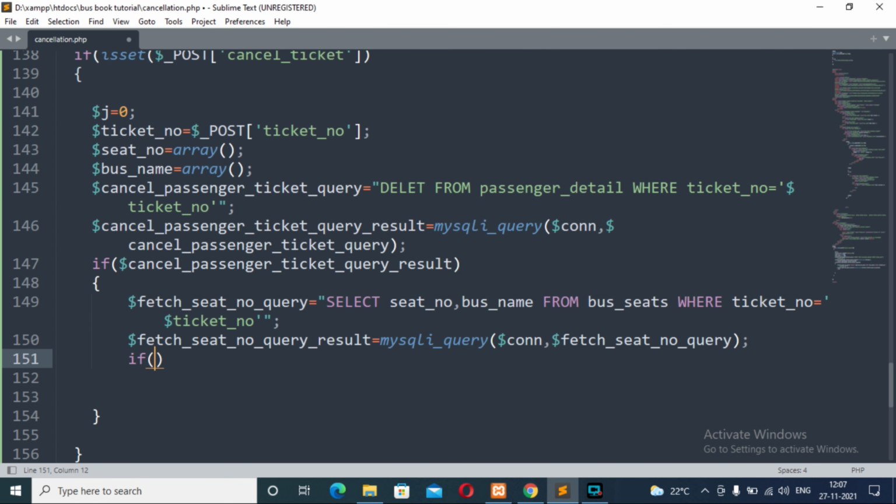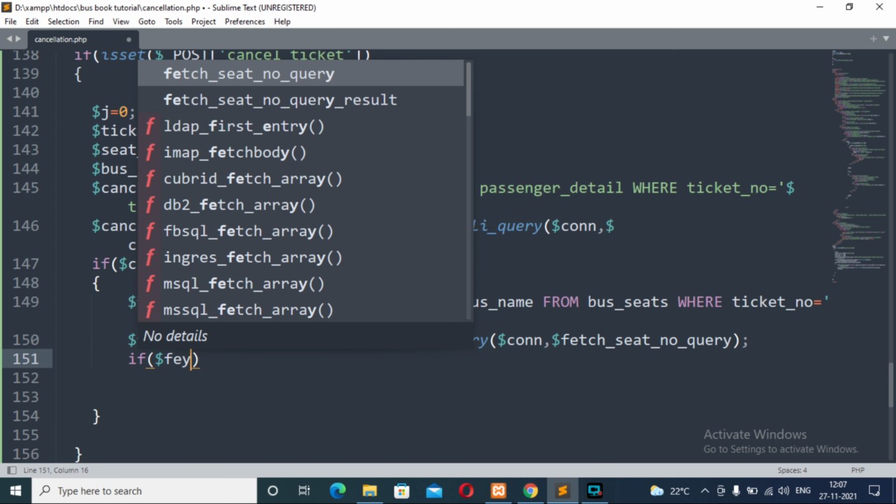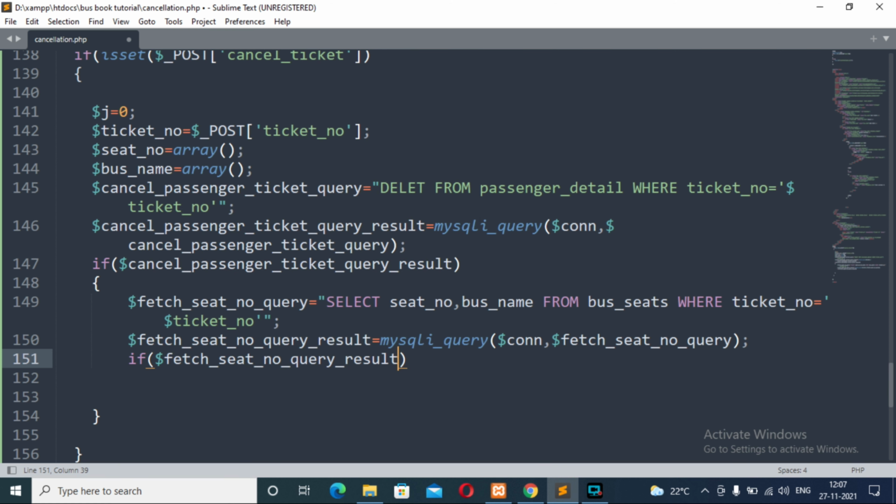Now if this variable returns true, then we will have a while loop.